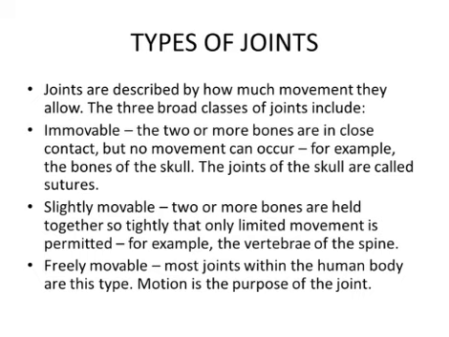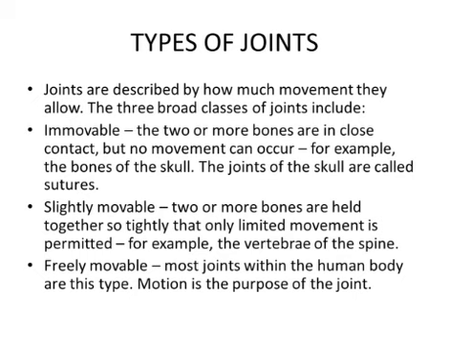Imagine if it were completely movable, you would be dancing like a ghost, right? So it's slightly movable. Why is it slightly movable? Only between the two bones there is a very slight movement. Why? So that you can bend upward, backward, towards your right, and towards your left. That movement is all due to the vertebral column. There is a slight movement, that's why it is a slightly movable joint.